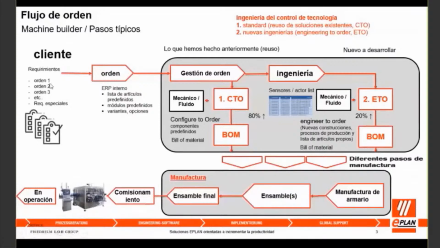Ya pueden ser órdenes preconfiguradas o estandarizadas que nosotros tenemos, o algunos requerimientos especiales también. Básicamente recibimos la orden del cliente con todos los requerimientos y con las órdenes de trabajo. Recibimos la orden dentro de nuestra compañía, y la orden que la recibe lo puede manejar un ERP interno o